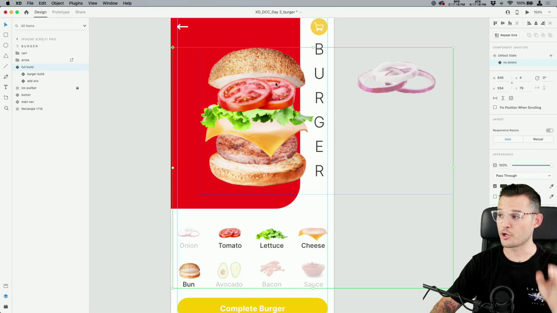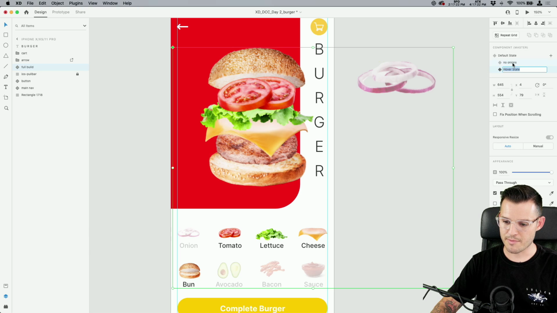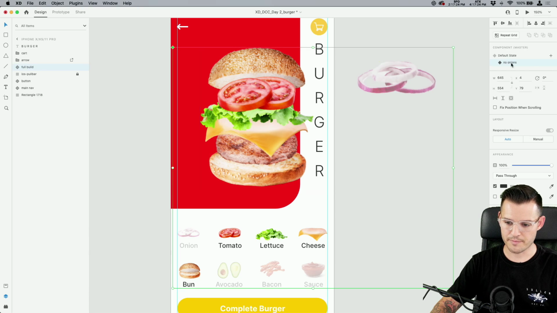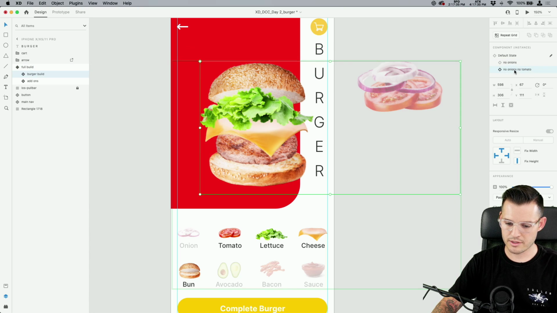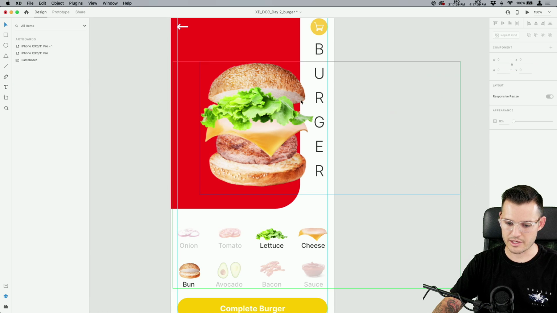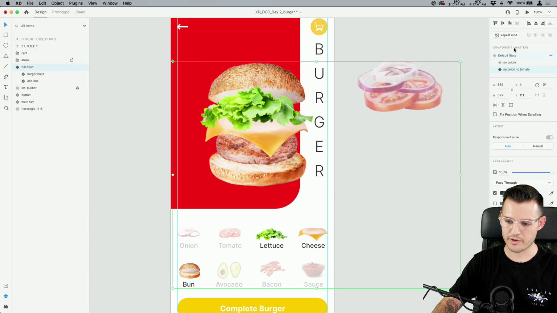Oh my gosh, did you just see what I did? That's amazing. Watch this. We're gonna do another one. Let's make, not a hover state. Boom. We don't want a hover state. We want a new state called no onion, no tomato. Okay, what are we gonna do? Click that child component, turn it to the no onion and tomato, and turn the other one to no onion and no tomato. Oh my goodness, are you tracking with me? This is gonna be awesome.